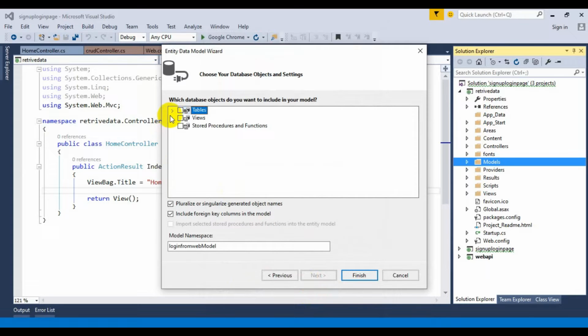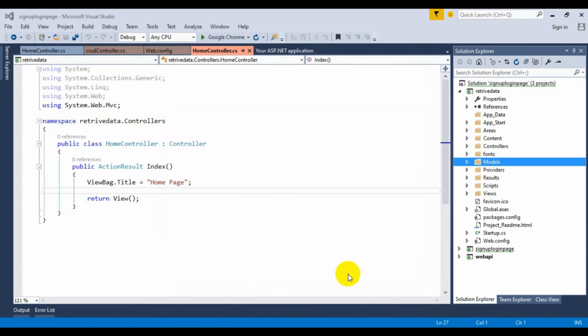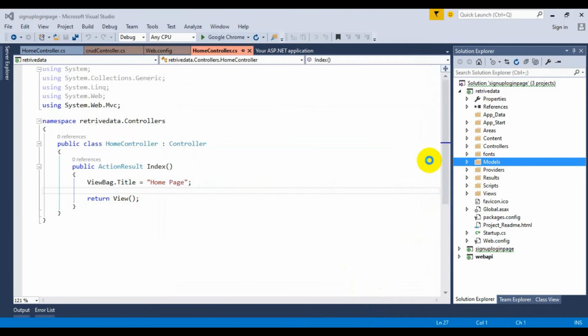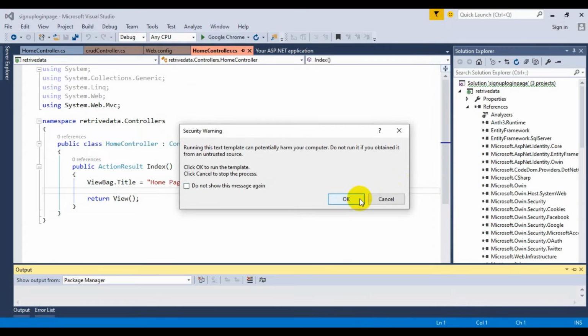Retrieving database information, go to the tables, go to database. I have only one table available, just click on it and click finish. Just wait for a few seconds. It will automatically add the database from SQL Server. This is the database first approach that we are using in our project.